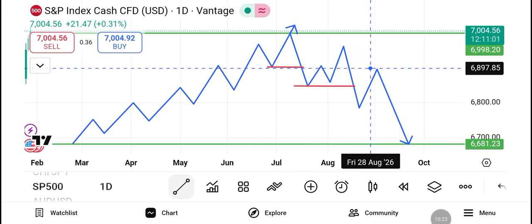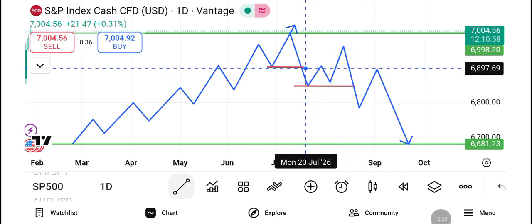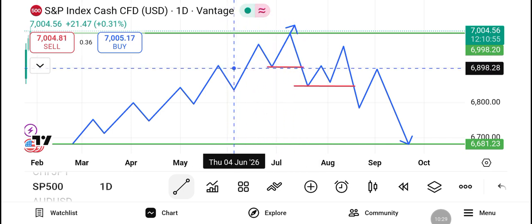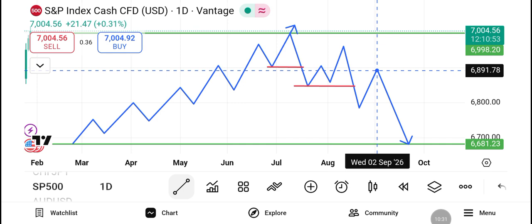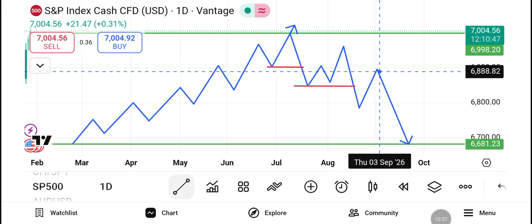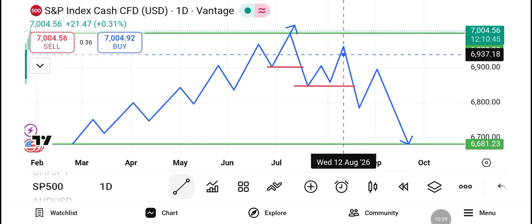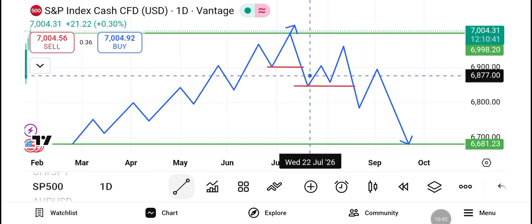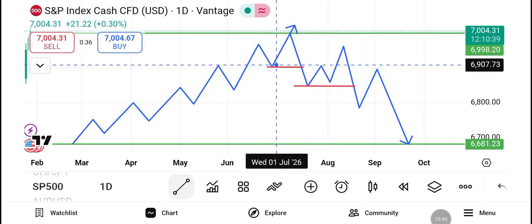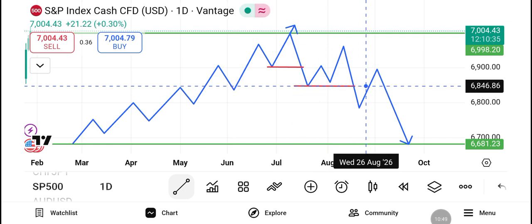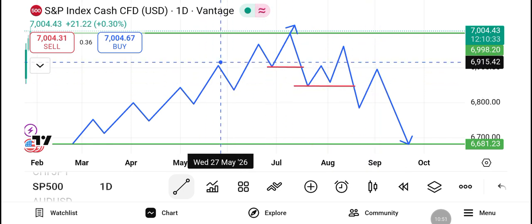You can see this horizontal line. Look at it from this level, this particular point. You can see it retraced to a particular point. You can see all these are levels. Okay, until it retraces to this particular point before I could take my trade, and I will take my trade based on what? Number one, it retraced to its Fibonacci zone, and number two, I told you about this part. Here is like the 0.30 something to this other part, but when it comes to this part, you can see, you understand.